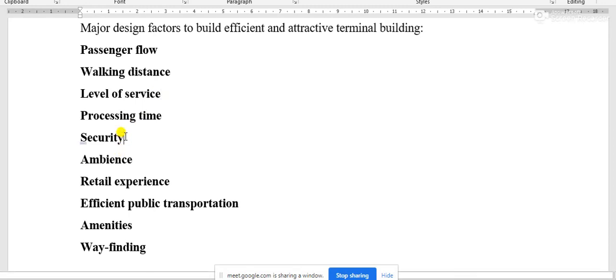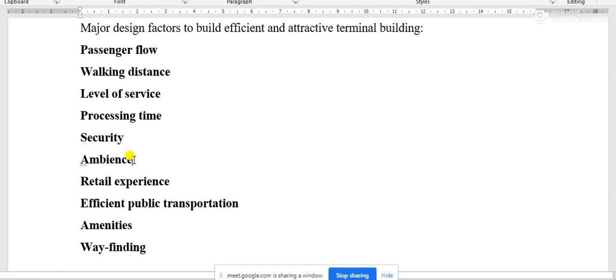Security: security checking must be done perfectly so that proper security can be provided to all passengers. More time will be required for that, and obviously larger space must be provided to accommodate this much time for security checking.